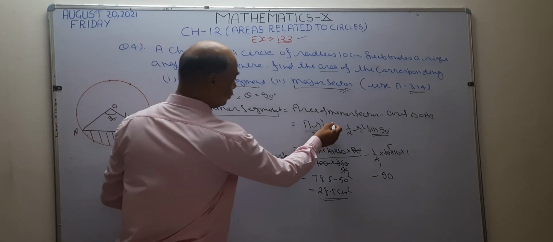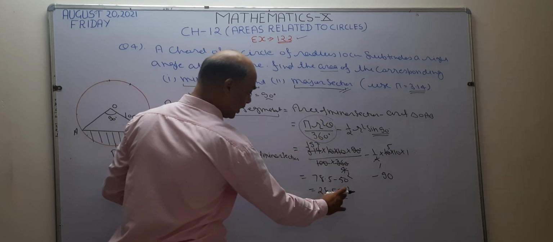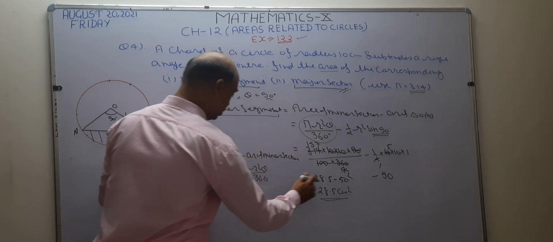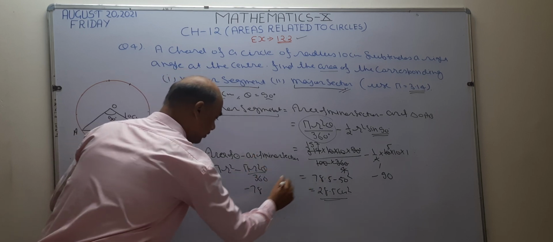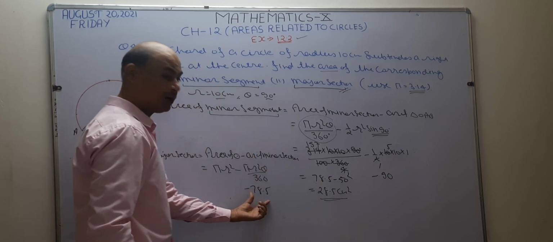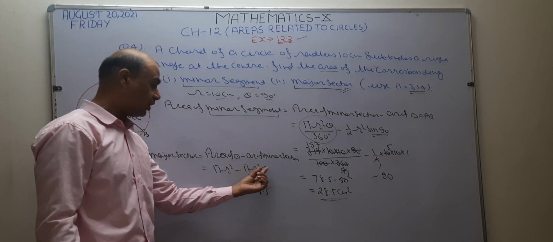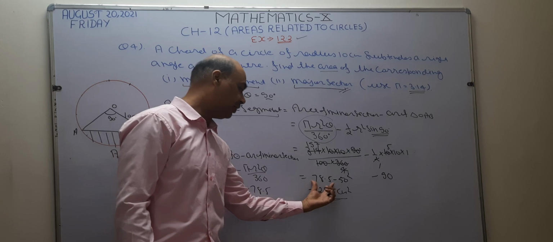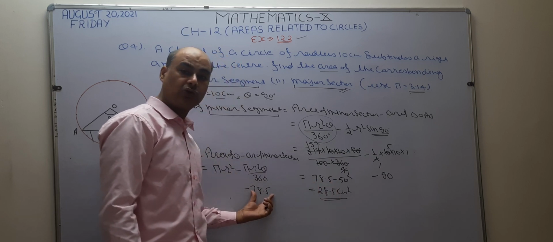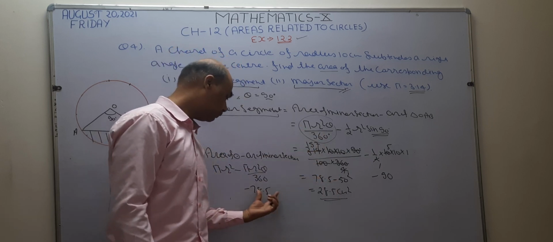The calculation of this part you have done. So the answer of this part is 78.5, and I use this directly. Instead of this minus sector, I want to write this 78.5. I hope it is clear. Pi r square theta upon 360 degree, the same value I want to use. So instead of this, I want to write 78.5 in this question. I use the answer of this part.